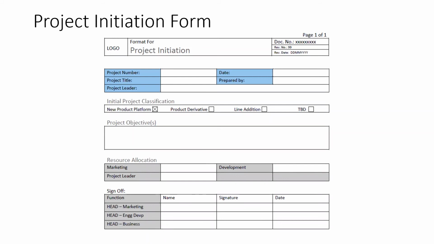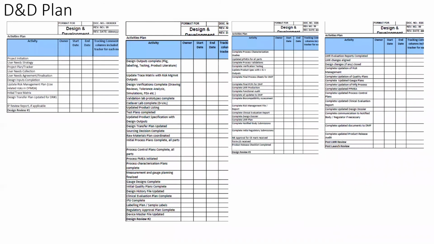So how would we initiate a project? This is how we would do it. This is the form we would use. These are the people who would sign off. How would we define our design development plan? You could define it in an Excel. This is fundamentally a work breakdown structure. It's fundamentally a big list of tasks and activities that have to be completed in a project mode.